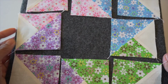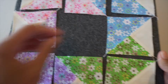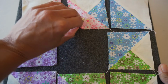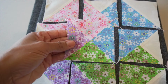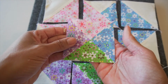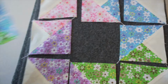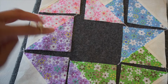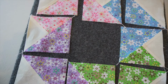That's how it's supposed to look. So once I did that, I said, okay, so the cards are going in the correct order. The hardest one was this last piece here. And so these are 4 quarter square triangles. And so once I had all of the quarter square triangles attached to their appropriately colored half square triangle, only